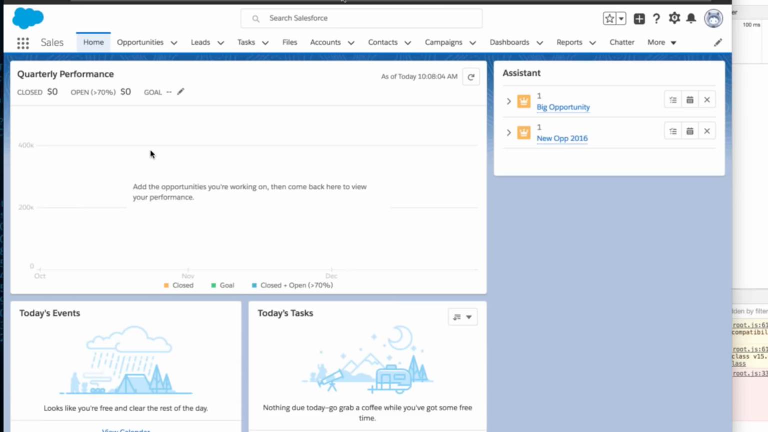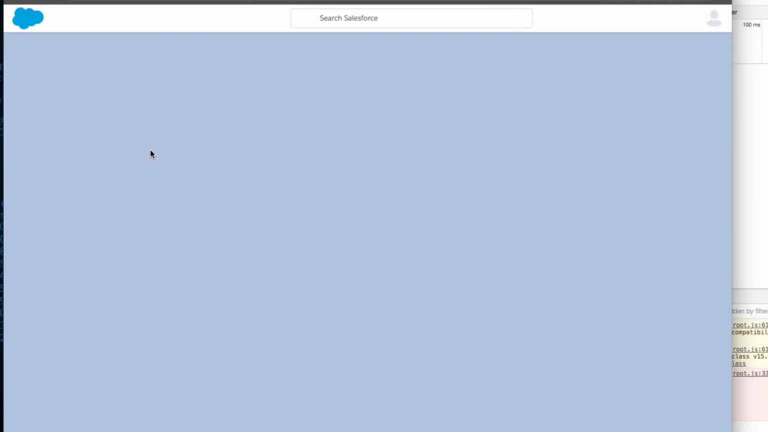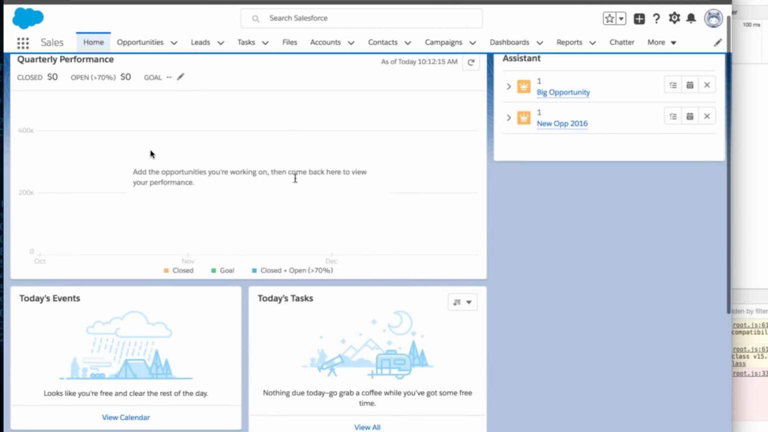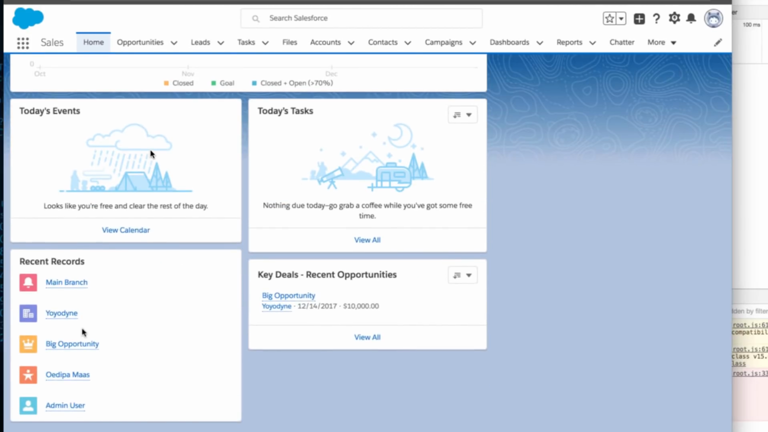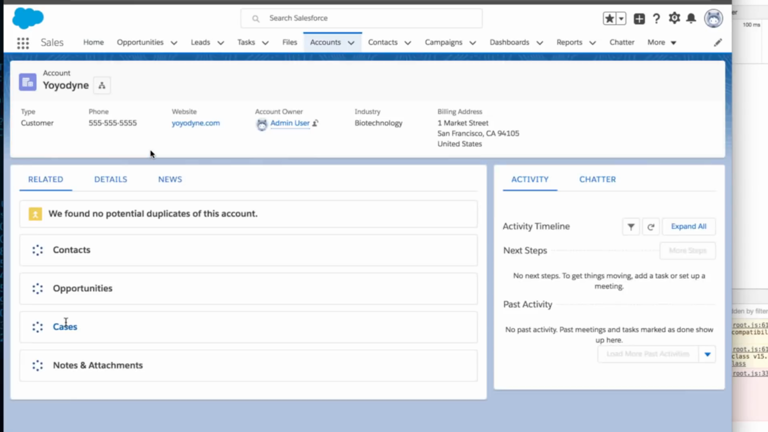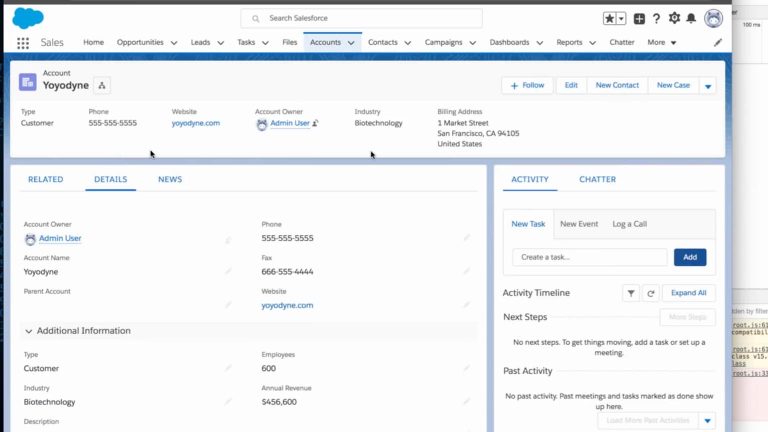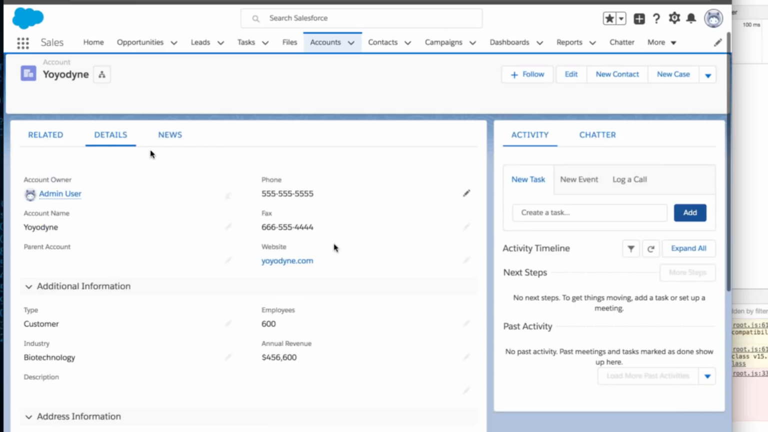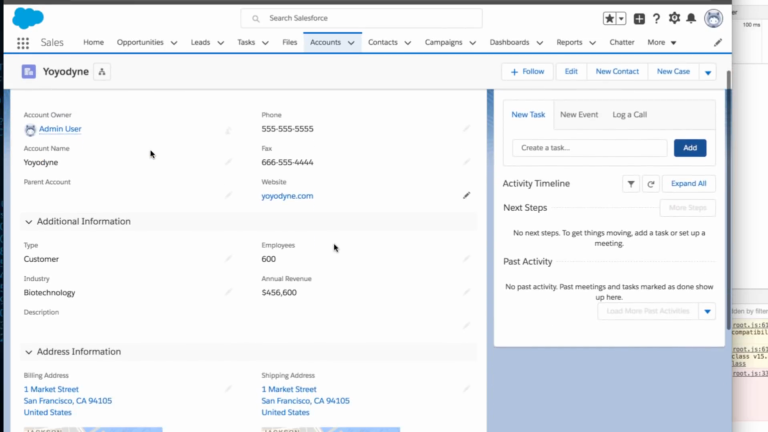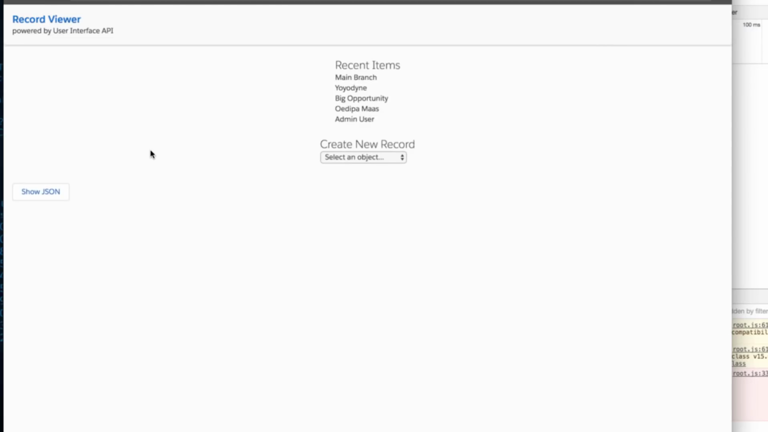So here we've logged into a regular Salesforce org, and you can see we have a couple records here. Here, for example, is an account in Lex. And what if we wanted to show all the same information in the same layout, making a single XHR from a web app? Well, you can now with the UI API. So we have this sample app that's on GitHub, and we'll have the URL up in the presentation in a minute. And this sample app